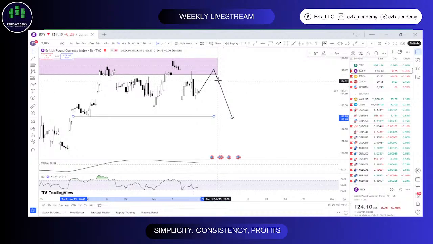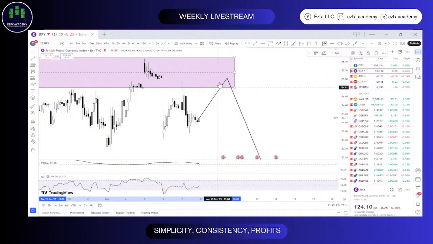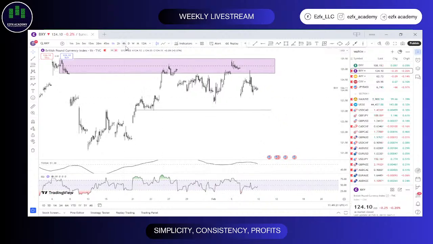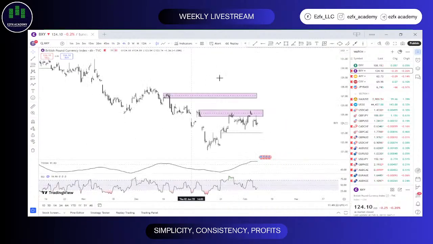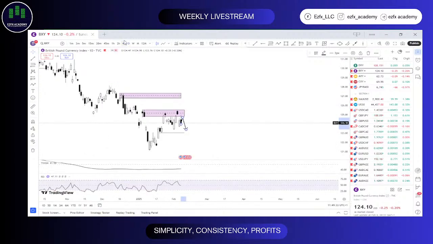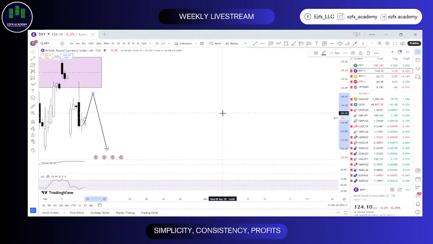Let's see. I would prefer to stop on the 2-hour time frame, but let's see what happens when price comes. Let me come back to the 4-hour time frame now. So I want to see price give us this little bit of a push. Possibly we'll get a short reaction towards the downside from here. So let me just confirm something on the daily time frame again. Yeah, so something like that.